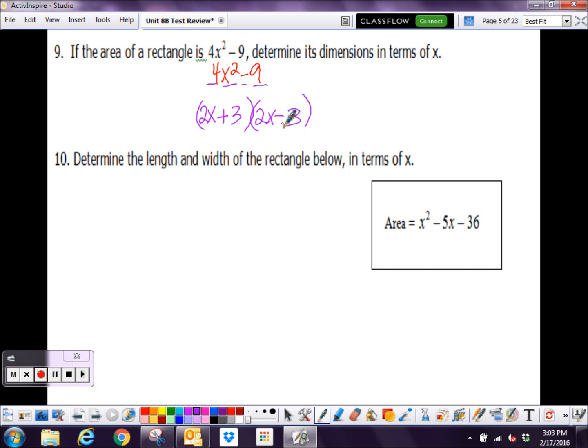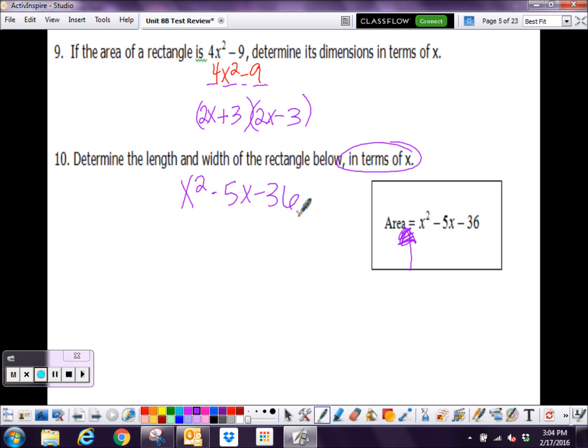Number 10, determine the length and width of the rectangle in terms of x. Okay, so again, there it is. In terms of x, that means we're going to have x in our answer, which means we're looking for factors. And I know that's confusing because there is an equal sign here, but we're just looking for factors. So I need to factor x squared minus 5x